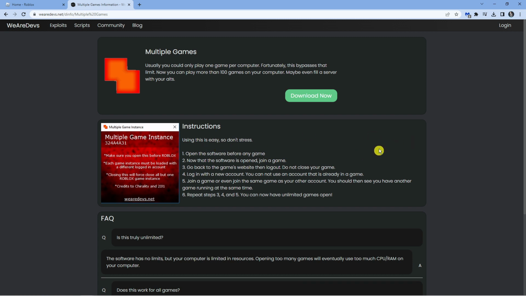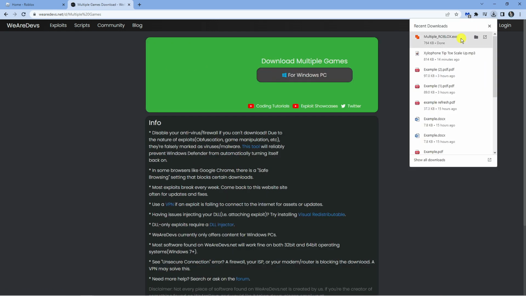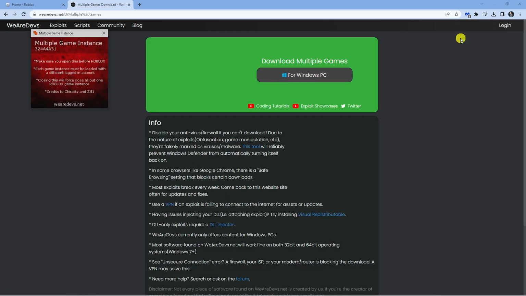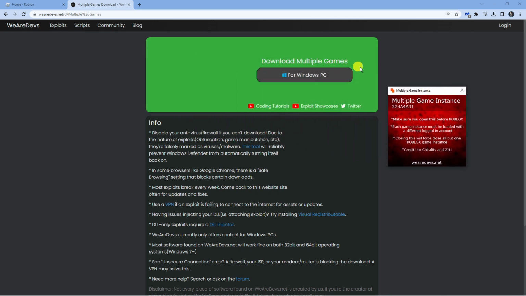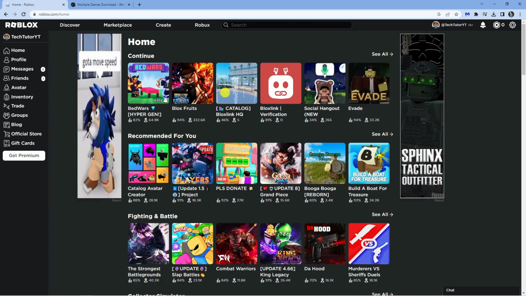What's important is to make sure that you have logged out and you've closed any Roblox games you've got running first of all. So once you've done that, go ahead and download this multiple games. Once you've downloaded that, what you can do is open this up. So you can see that's now open. And what you're going to want to do first is come back to Roblox and go ahead and load up